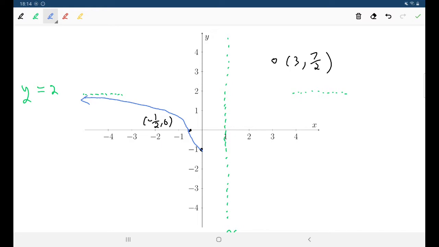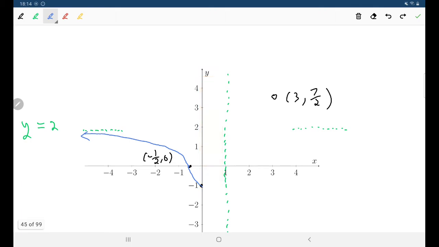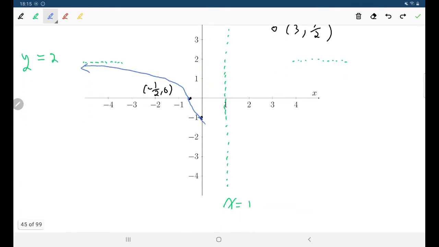As we get close to the vertical asymptote, either we'd be going up or we'd be heading down. And the question is, which are we doing? If you think you're heading up, then that would mean you would need to have an extra x-intercept, and we don't have one. This is what I mean about all of our clues have to be consistent with each other. So I know that there's no x-intercept there, which means I can't be going up,